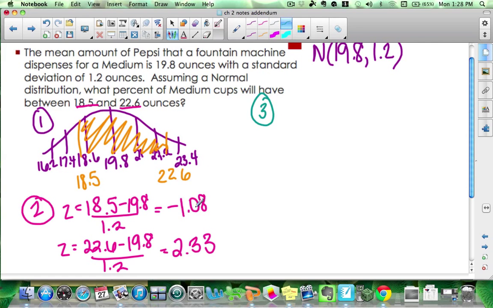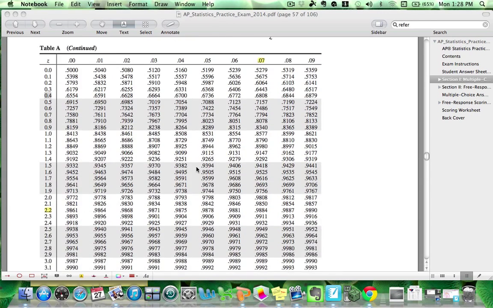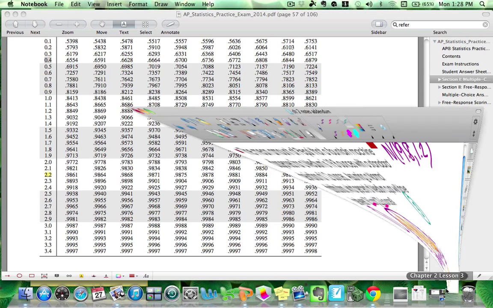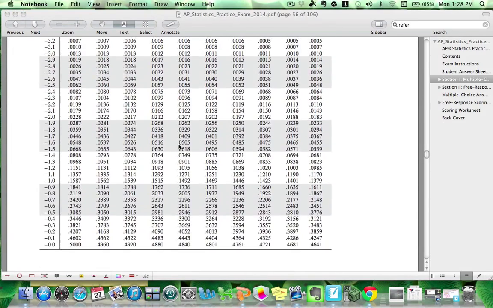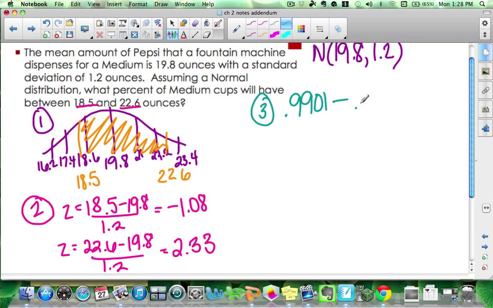For step 3, I need to find the area between those two. Again, there are 2, so I'm going to look them both up and subtract. Positive 2.33, I need to go to the positive side. Here's 2.3. I'm going to move into the 0.03 column, which is 0.9901. Did we get that? Minus negative 1.08. Going to go to the negative side. Negative 1.08 gives me 0.1401. Which I subtract, and I get